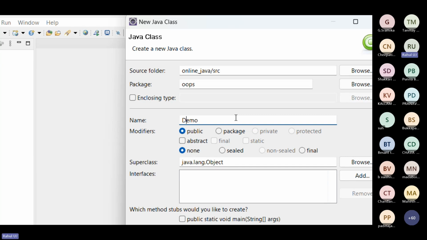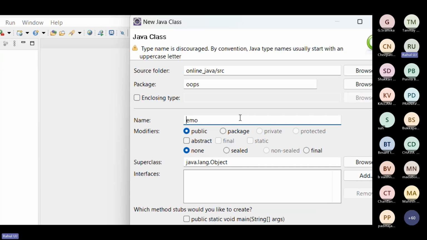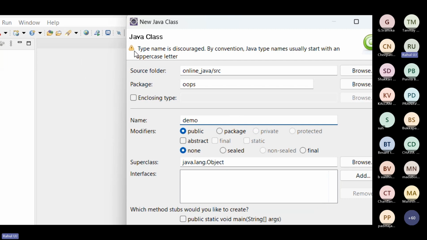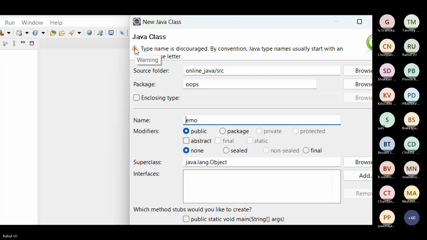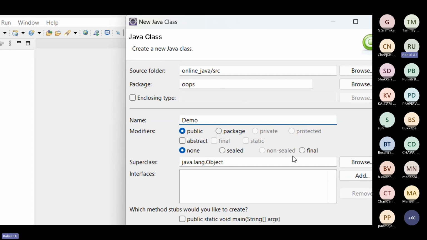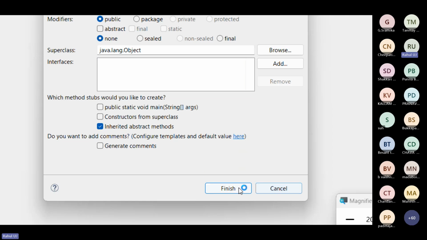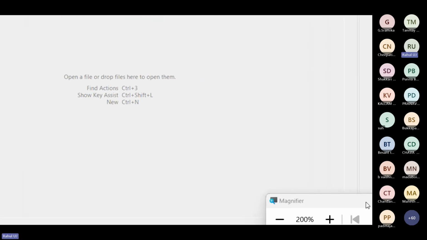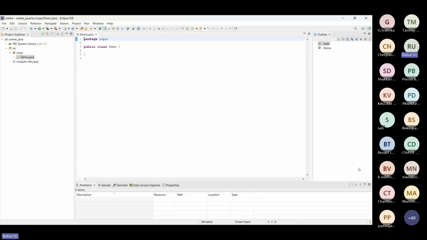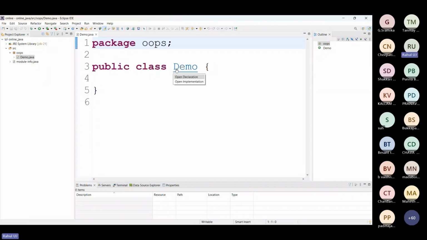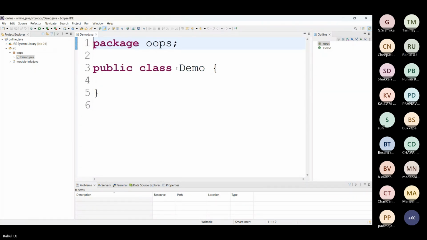If you get a warning, you should not do it, but your computer will allow you to continue with that. You are not supposed to do that. So this is your class.